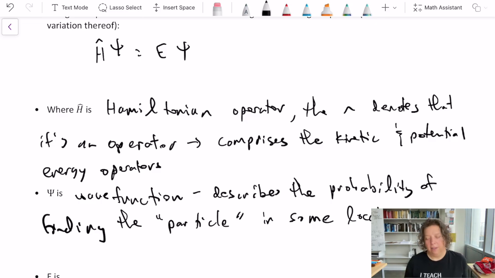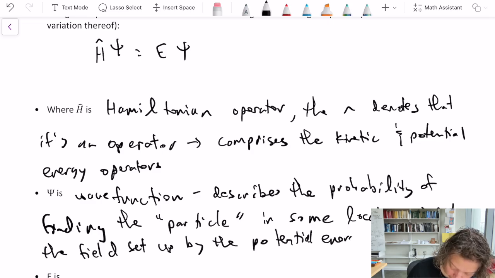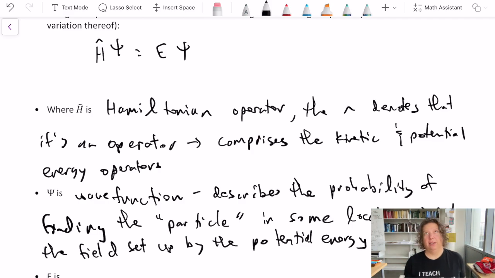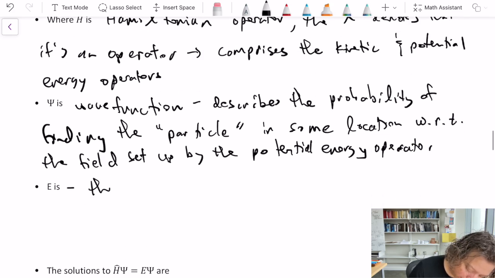And the location is going to be with respect to the field that's set up by the potential energy operator, so the potential energy operator within the Hamiltonian. E is the energy of the particle